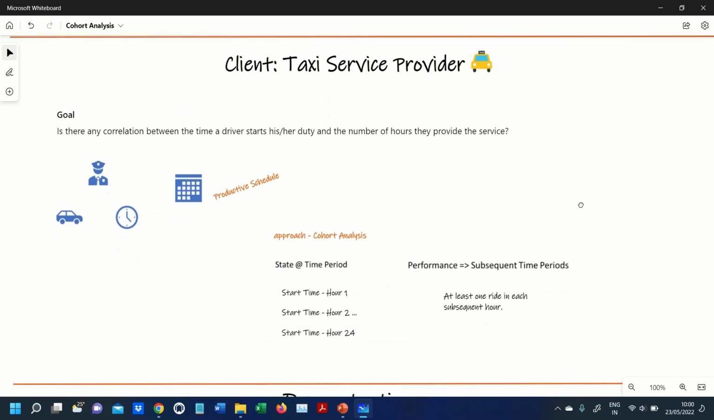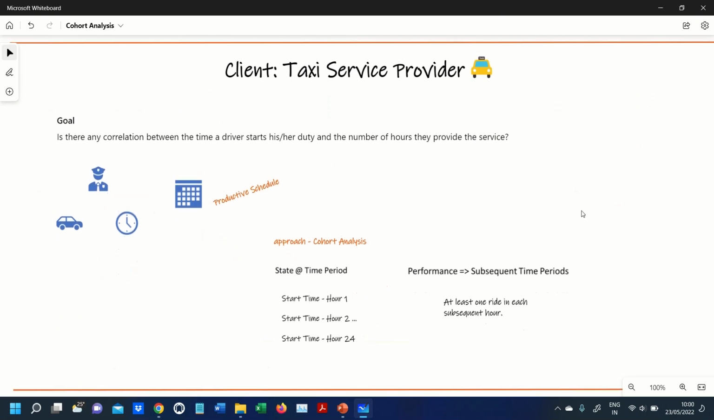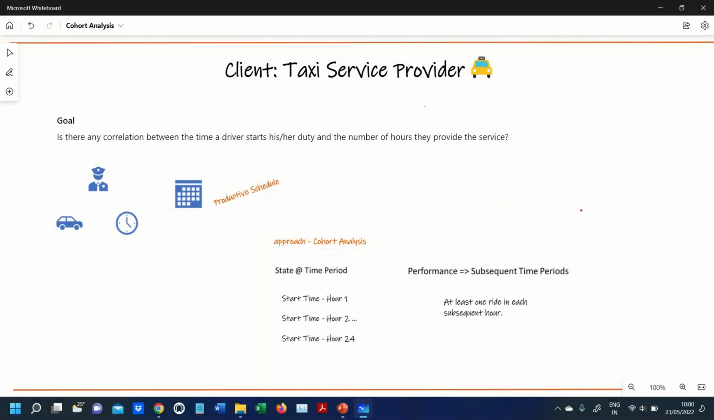One of our clients is a taxi service provider. Right. So the client is a taxi service provider in major cities in Asia, and they provide taxis around the clock. I mean, they have several taxis